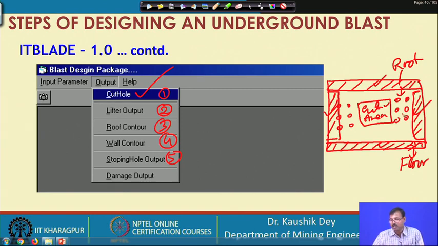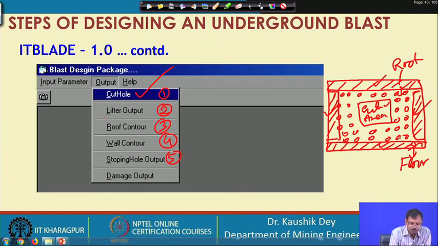So, first we generate the holes to create the opening in the stopping area, then we place the other stopping holes to blast the remaining area. So, the stopping holes are decided last, after fixing the cut area, then lifter and roof, then wall.